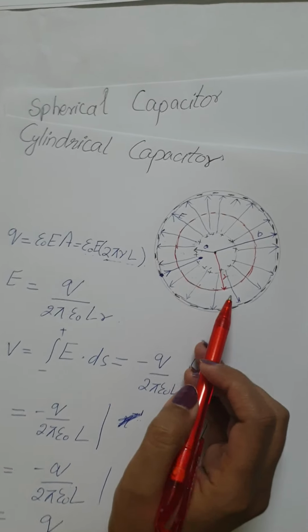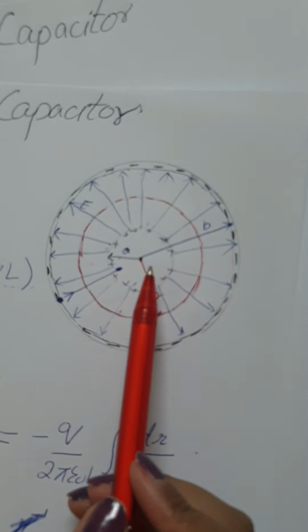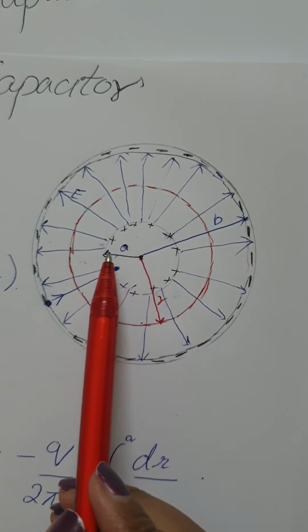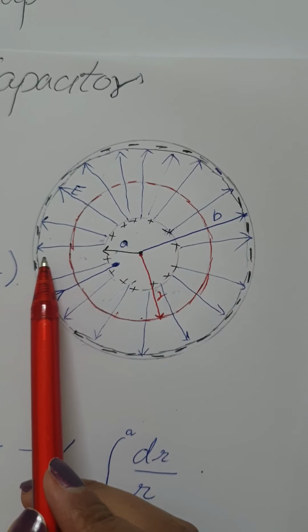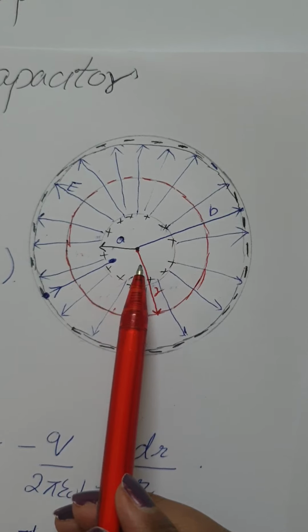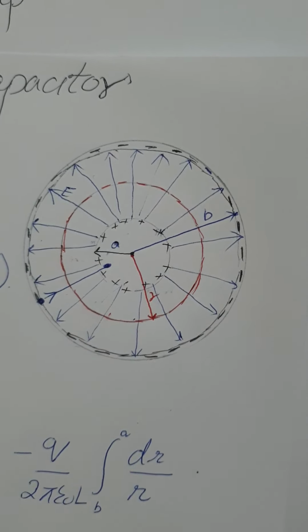Now let's find out our capacitance for a spherical capacitor. We will use the same figure as a central cross section of a capacitor that consists of two concentric spherical shells of radii a and b, and a Gaussian surface is also a sphere of radius r, concentric with the two shells. Now the value of the charge